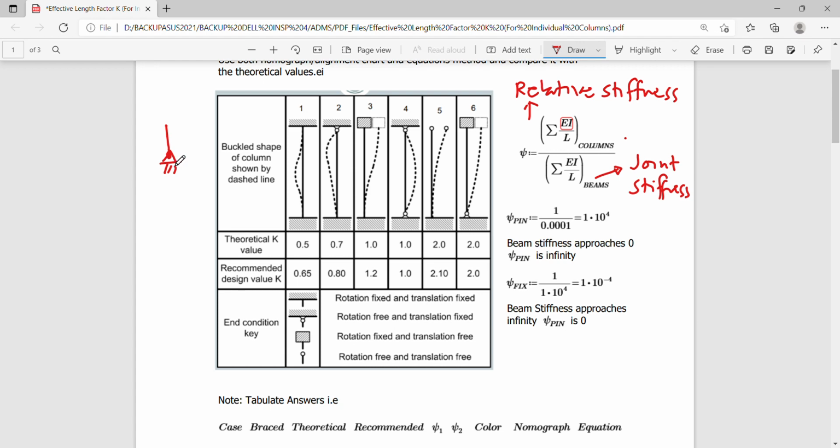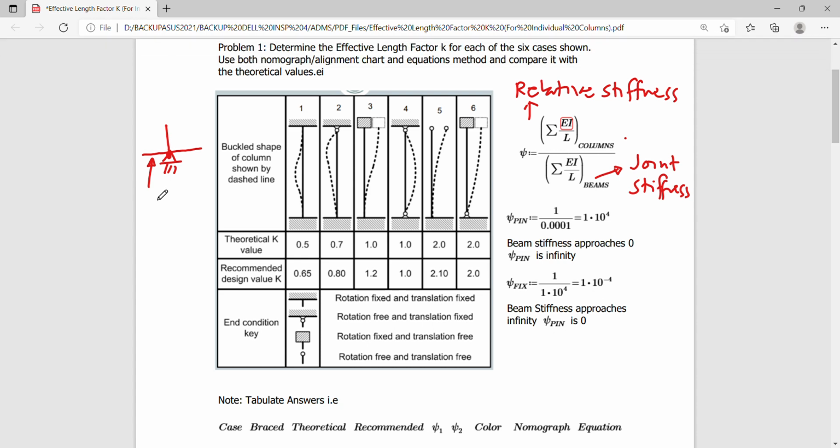the stiffness of such joint is equivalent to a beam which has a very small stiffness ratio such that your EI over L for this beam here and this beam on the other side is considered to be 0. So if we take the